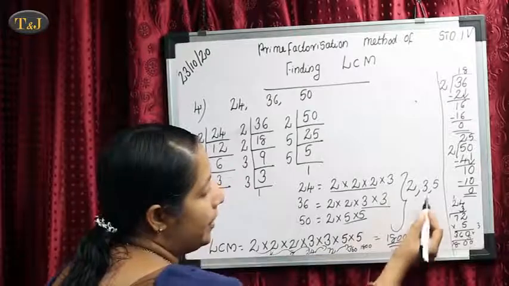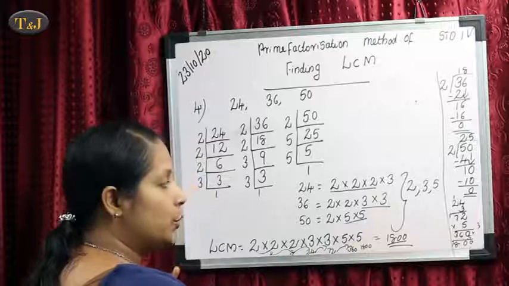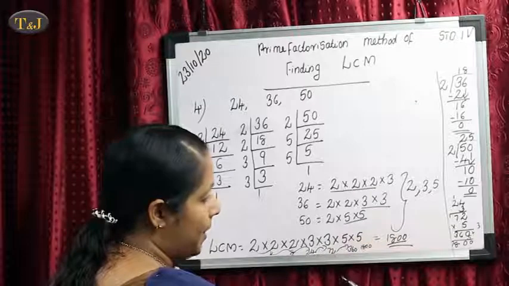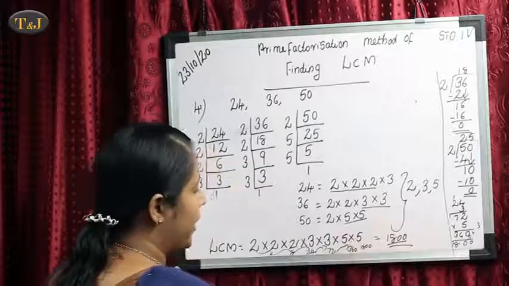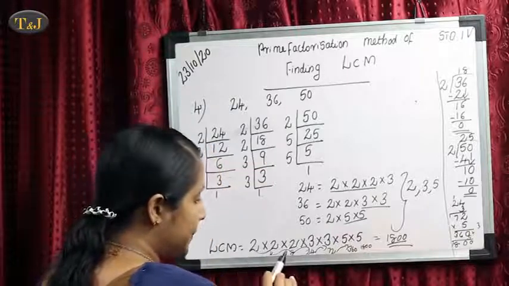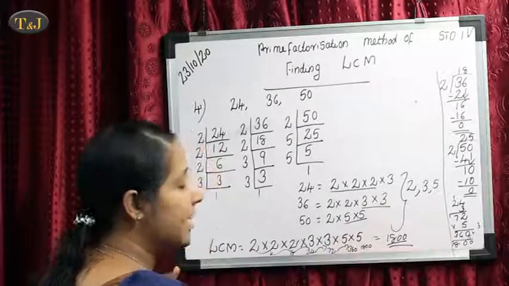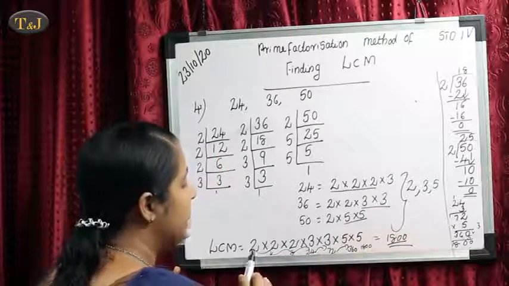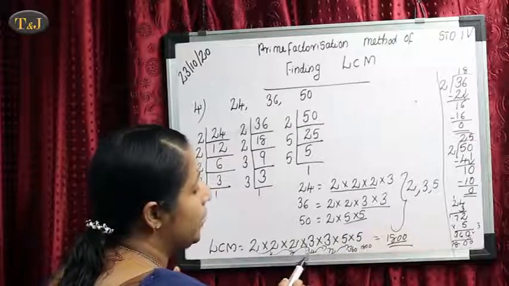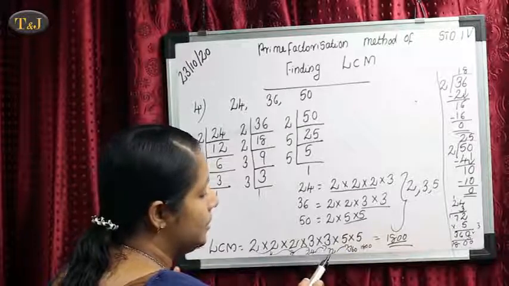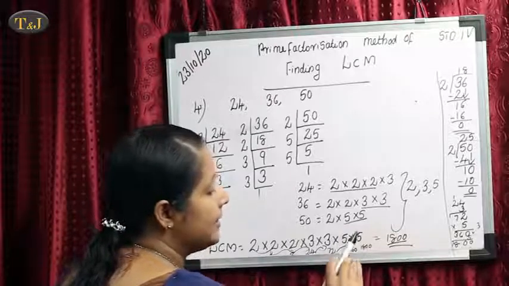Our next prime number is 5. Here 5 is repeated 2 times. So we select the maximum number of 5s, that means 2 times 5. So we write 2 times 5. So 2 is repeated 3 times, 3 is repeated 2 times and 5 is repeated 2 times. Then multiply: 2 2s are 4, 4 2s are 8, 8 3s are 24, 24 3s are 72, 72 5s are 360 and 360 5s are